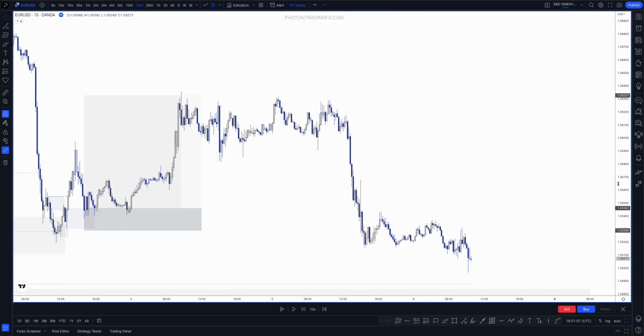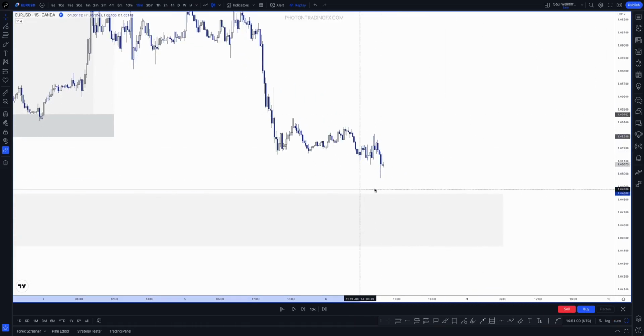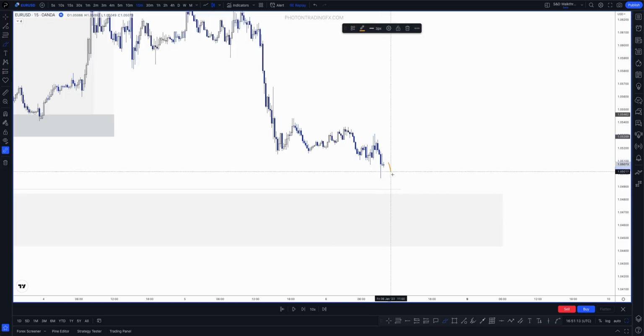So M15 coming into our 4-hour POI, that's the low that potentially could be used as inducement. So what I was saying was, if price comes down and breaks that, okay, we don't have our entry model until we get the PBL fail, right? The point before the liquidation. Where's the supply that actually caused that liquidation? It's only once that goes that then we can say we've